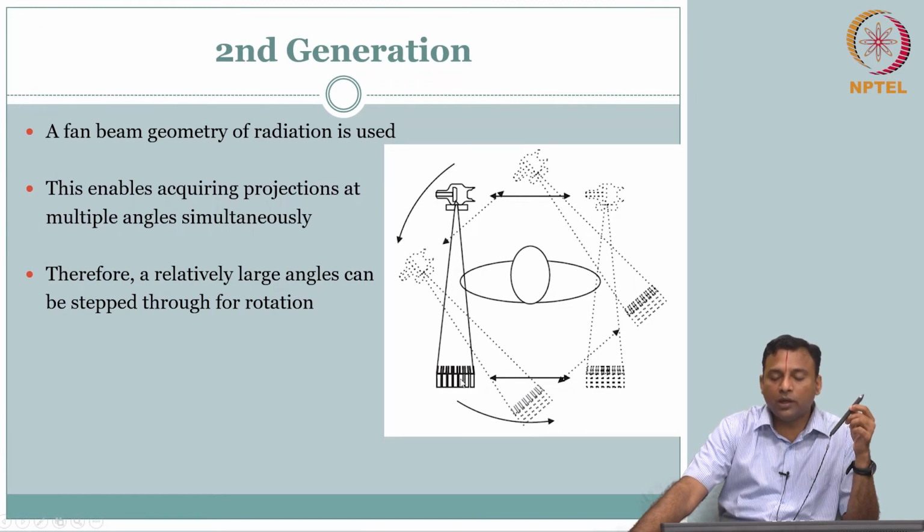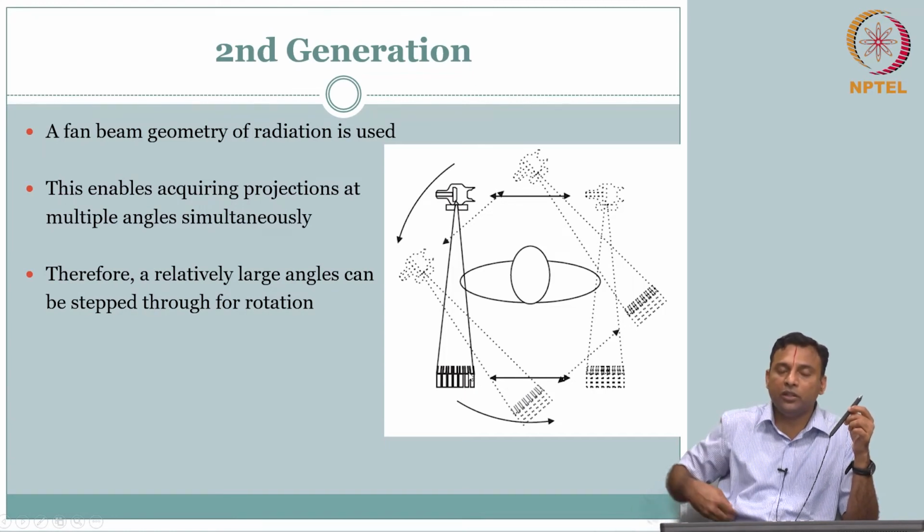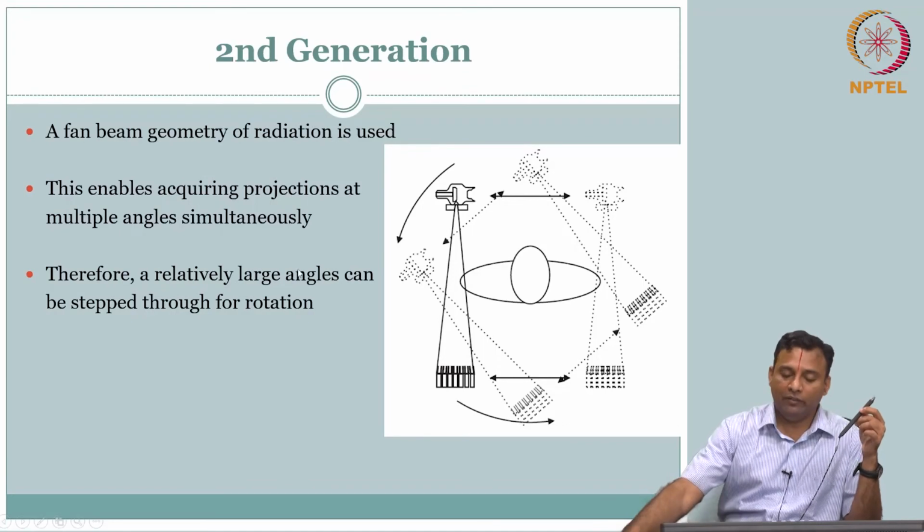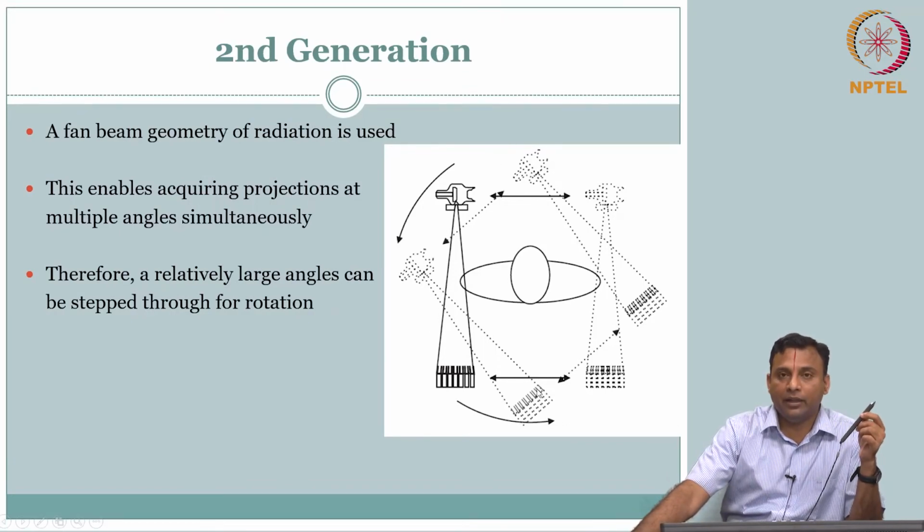But then when you do this, what are the physics issues that come in? Oh, when you had pencil beam, you had some quality. So now you go tell your doctor, I have reduced your time, he will be happy. But then he wants to make sure what happens to the image quality. That is an important aspect. So are you going to gain image quality or lose image quality? What do you think is going to happen? You are conveniently reducing the time for acquisition. But what about the quality? Any comments?